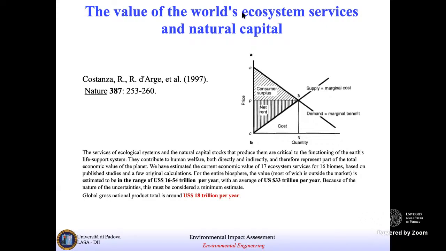So you see that the value of the natural capital, from the estimation that Bob Costanza made in 1997, is almost double the value of the anthropic economy. So the figures are 33 trillion for the natural capital against 18 trillion for